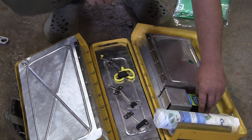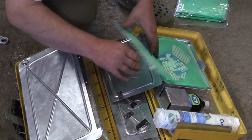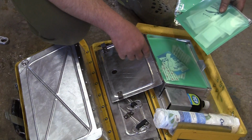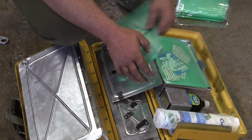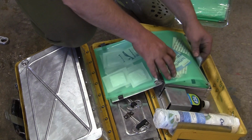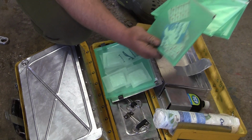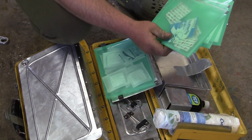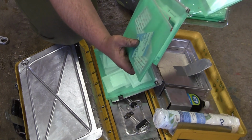Okay, so obviously most importantly we've got the TCP rack. We've got the folder pockets here. Probably need to mark up on these wallets what goes in where. I have just left the packaging on this one. That's probably what I'll do. But some of this stuff doesn't have packaging. My safety pins, swabs, film and pad,